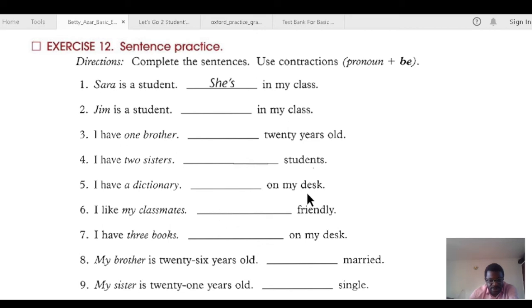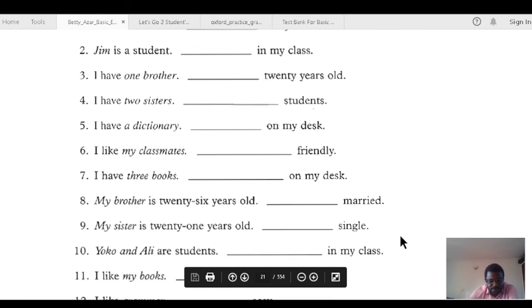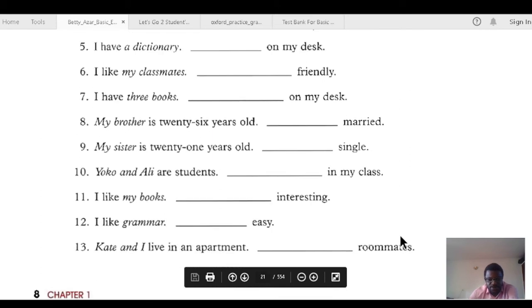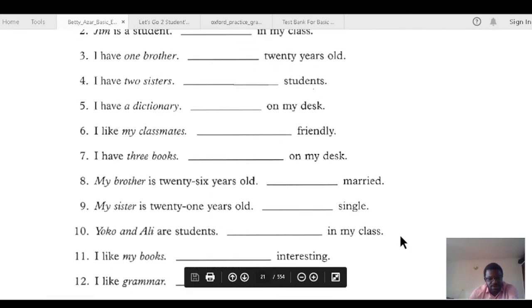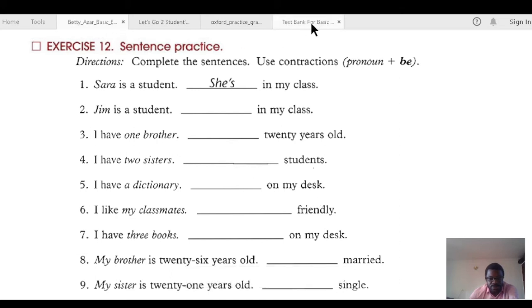It is on my desk. I have my classmates. They are friendly. I have three books. They are on my desk. Okay? This is actually supposed to be for later, but it's okay. It's not going to hurt. I'm trying everything to make sure that we don't have any area that is untouched as